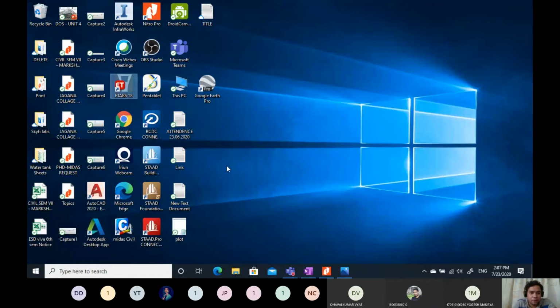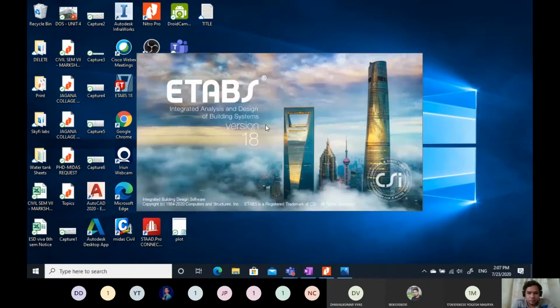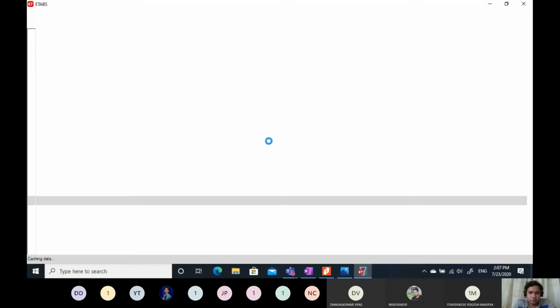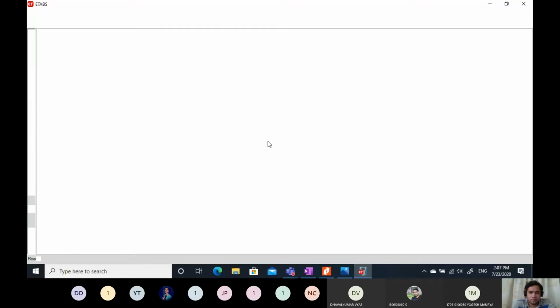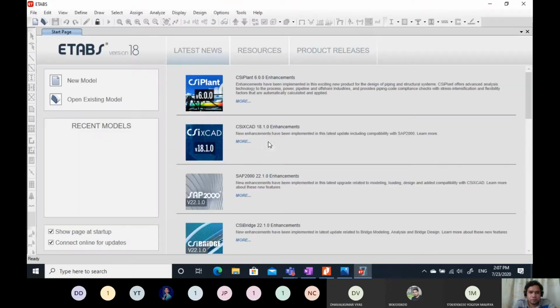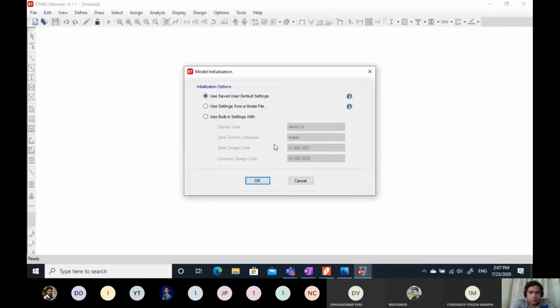You can also use SAFE for the design of flat slab, and it is there in ETABS also. So go to new model and use built-in.